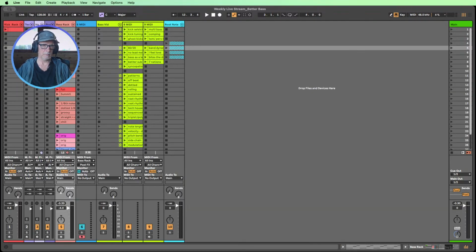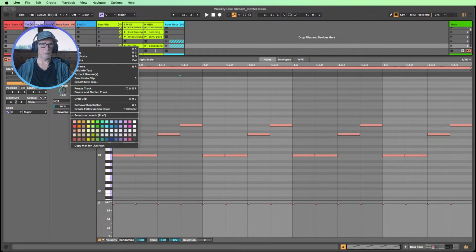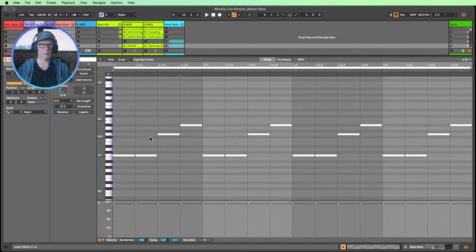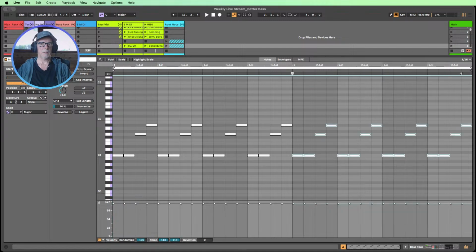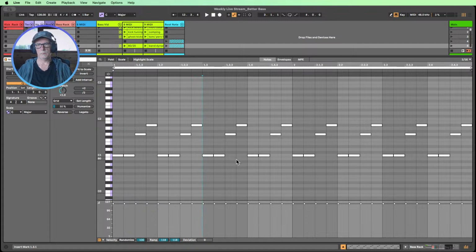I'm going to copy it down, and I'm going to give myself another example. And we're going to color that one white, and I'm going to just duplicate it, so I've got a bit more MIDI to play with than just one bar, I think it is at the moment. So let's get ourselves into a couple of bars of Giorgio Moroder. So these are the sort of basics. How do we get a good bass to become a great bass? Well, let's play around first of all with note lengths, perhaps.